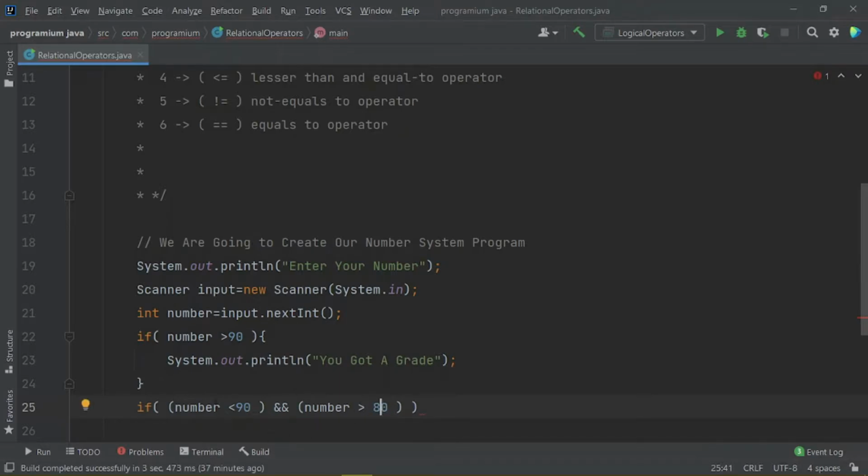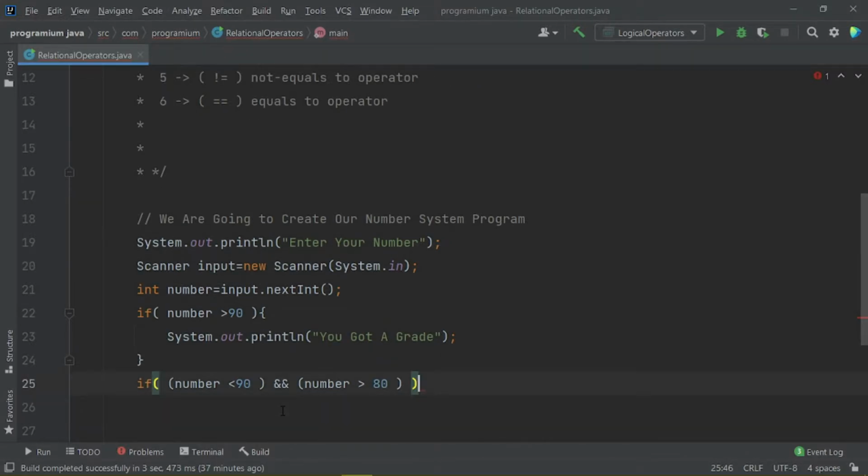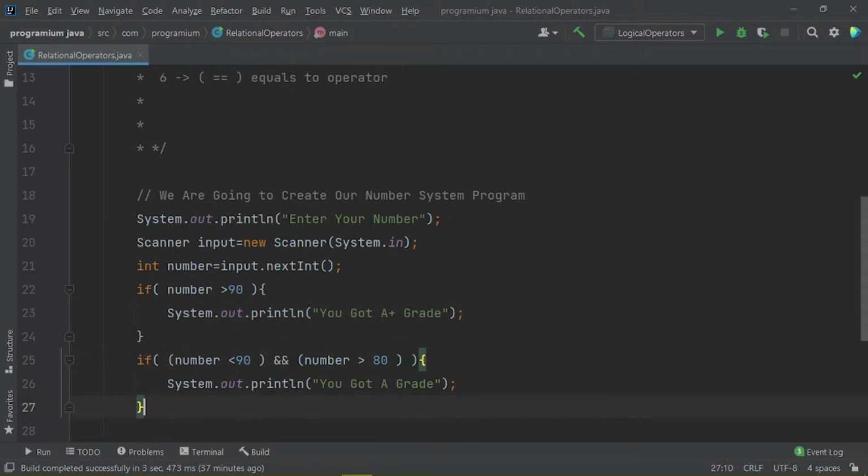So if the number is smaller than 90 and greater than 80, that means we will tell the user, you got A grade, but here I am using A plus grade.